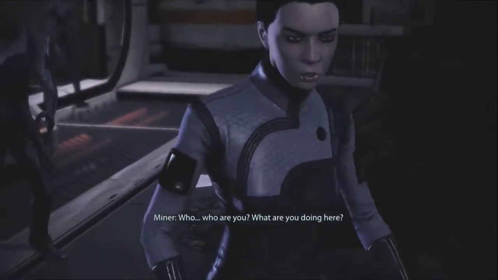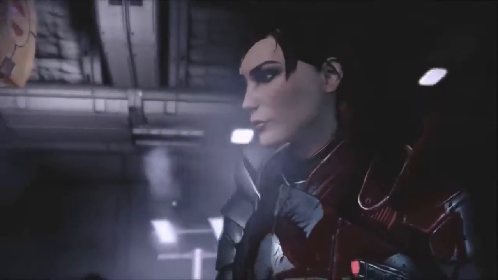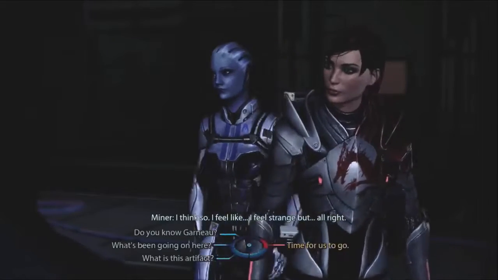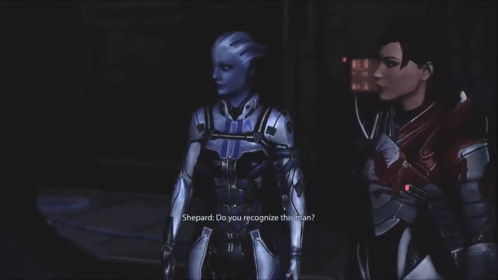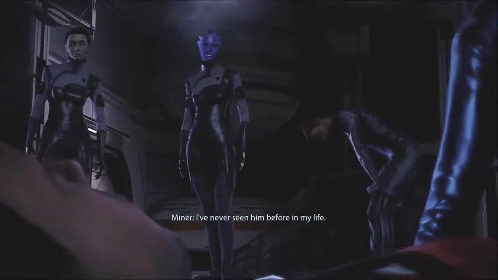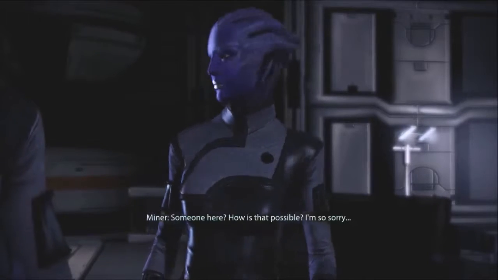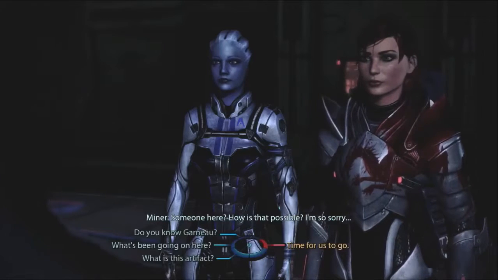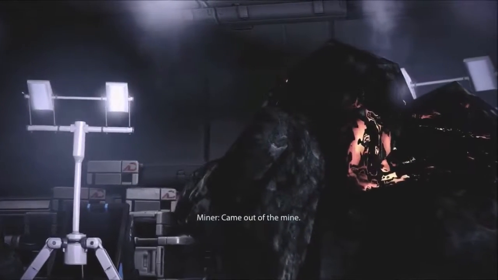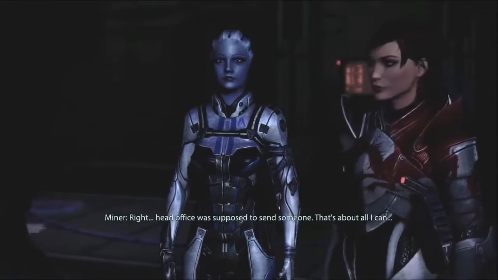Who are you? What are you doing here? I'm Commander Shepard. You all right? I think so. Like, are you with me? I feel strange, but all right. Do you recognize this man? I've never seen him before in my life. Someone here killed him. Someone here? How is that possible? I'm so sorry. That artifact, do you know where it came from? Came out of the mine. Right. Head office was supposed to send someone. That's about all I can...